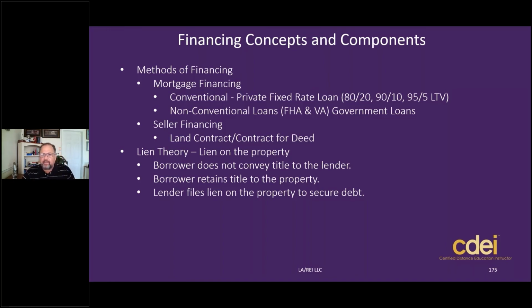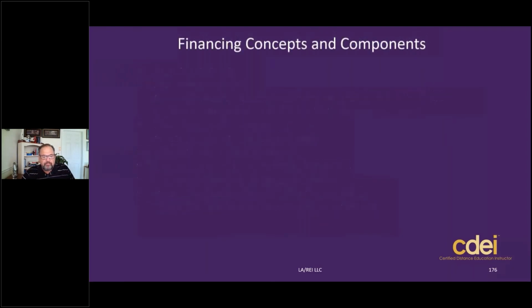And if the debt's not paid, the lender has to go to a court, that's in the foreclosure section, and file an adjudication to get the property possession back and be able to auction it off. And again, that's a judgment to foreclose upon the property. So that's lien theory. Remember, the borrower, the mortgagor, is the one that owns the property. The mortgagee files a lien called hypothecation.